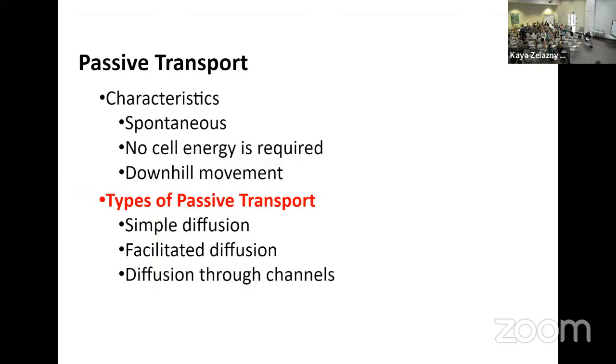So our first division is between passive transport and active transport. Passive transport being movement that's not going to require any additional energy, right? So if you've identified the chemical driving force, the electrical driving force, and your overall electrochemical driving force,